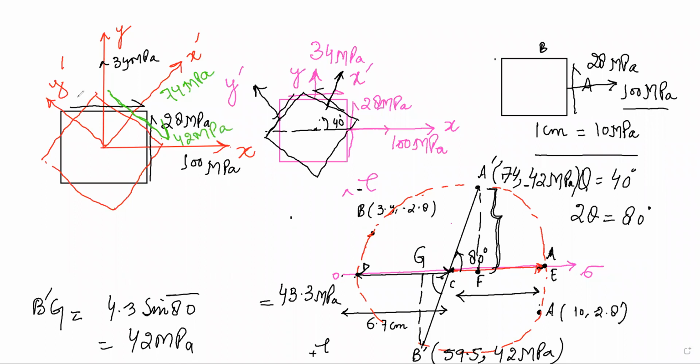Fine. And on the other side, how much is the normal stress? 59.5 MPa. And how much is the shear stress there? Yes, it is plus 42. So the sense of rotation there will be anti-clockwise. So it will be like this. 42 megapascal. This completes our Mohr circle. This is how the stress distribution now varies. Are you getting me?